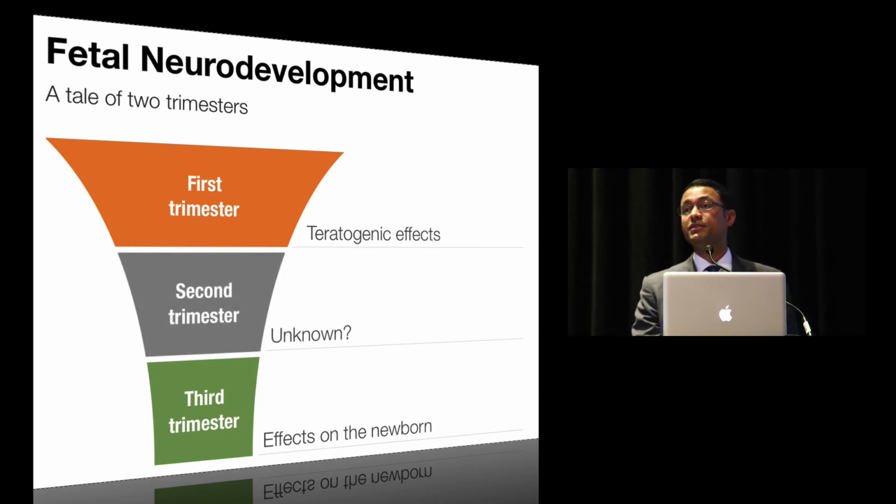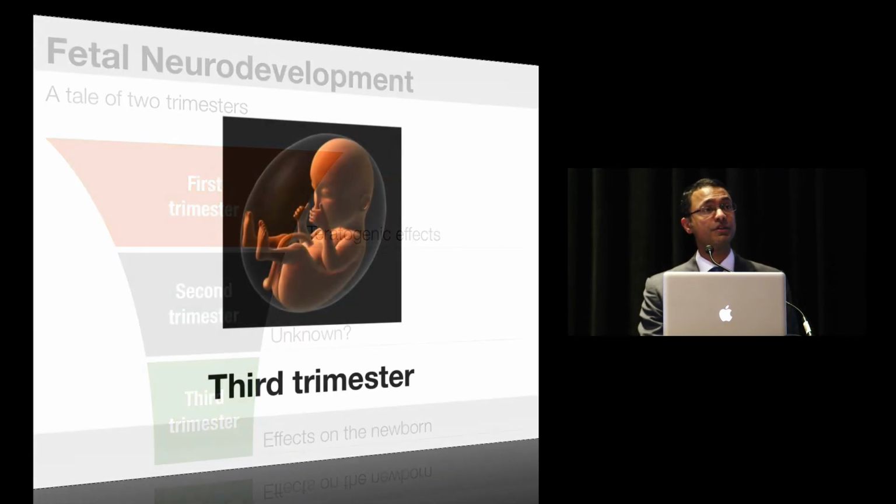And traditionally, it's been assumed that the second trimester is a safe period in terms of teratogenesis, understandably. But it also turns out that the second trimester is a period of bustling fetal brain development. Most of these processes, neurogenesis and neural migration, are happening at a frenetic pace. And it's possible that giving an anesthetic agent to the mother in the setting of, for example, non-obstetric surgery could change or derail some of these processes. So I'm just going to highlight some of the studies from the third trimester first,